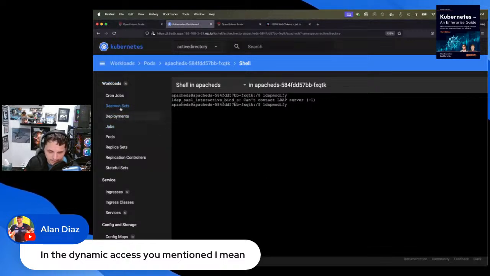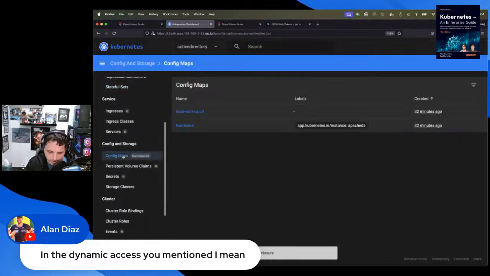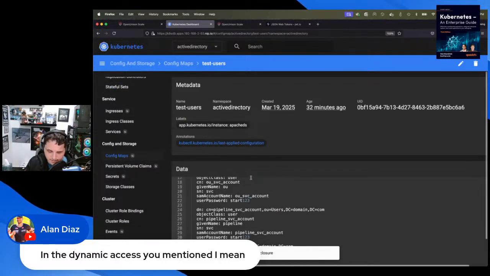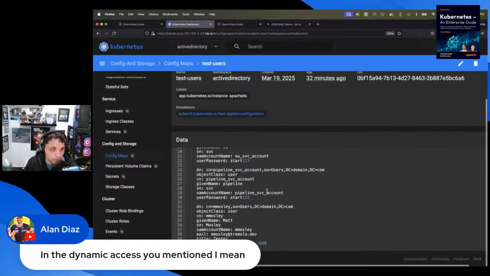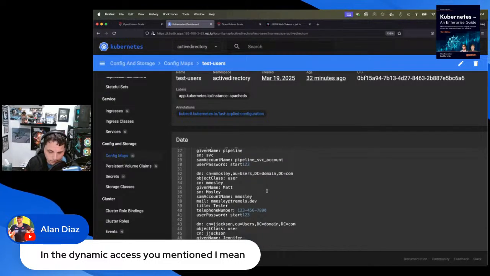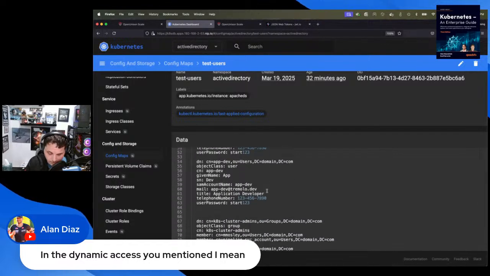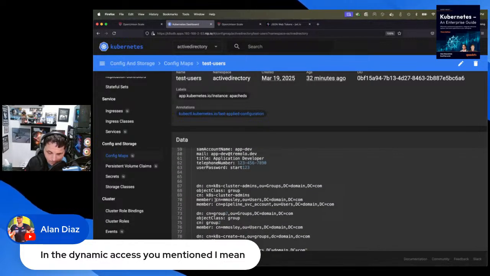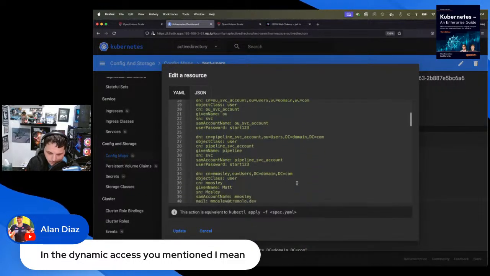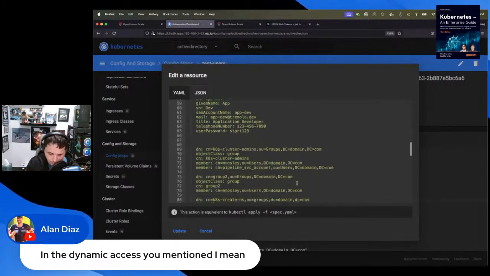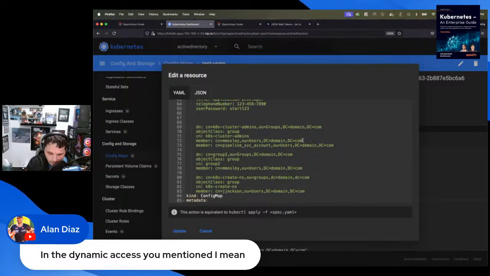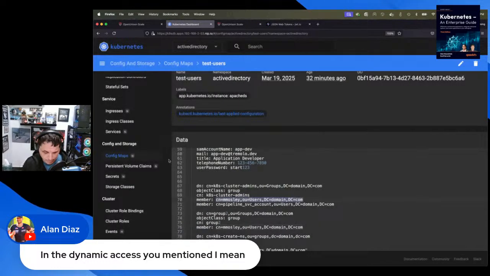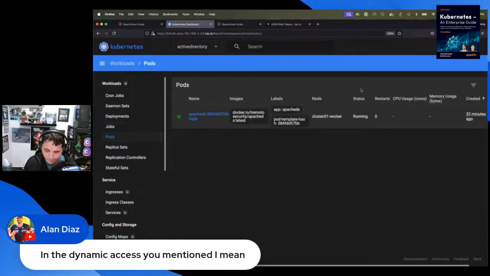But the point being that I'm going to come here to the config map. It'll be a little bit easier. So this is the test Active Directory that launches with the lab, and there's a group in here called cluster admins that I'm a member of, right? So I know what I'll do. It's a little bit backwards, but it'll be the quickest way to do this. So I'm going to remove myself as a member, update my config map, and then I'm just going to delete the pod, which I know is not the right way to do things, but